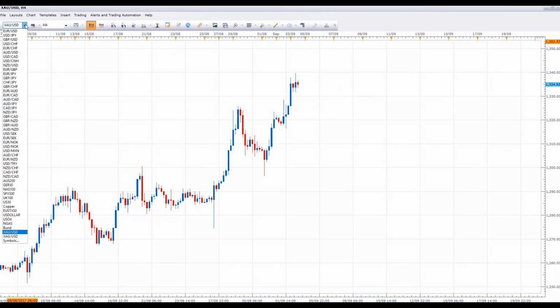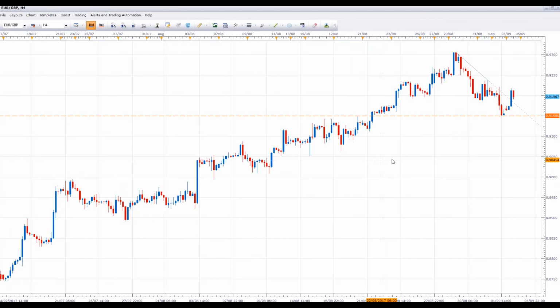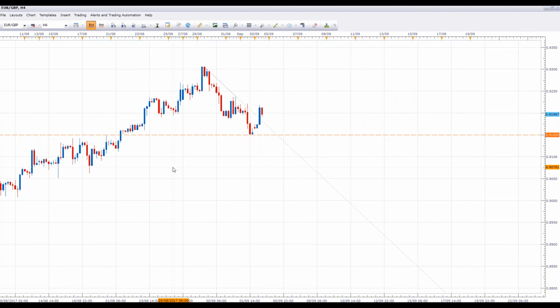So Selvan says euro pound. So euro pound, we had highlighted this support area on the euro pound, and as you can see, it's actually bounced from this area today by the looks of it. We've had a breakout now of the downward sloping trend line, so possibly euro pound could be on for a move tomorrow. So we're starting to get a little bit of a pullback like this.